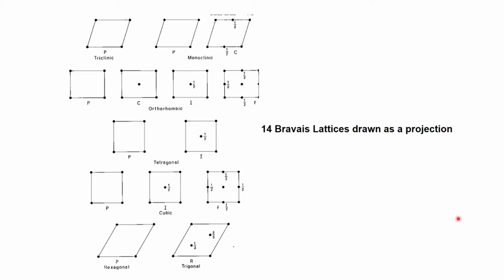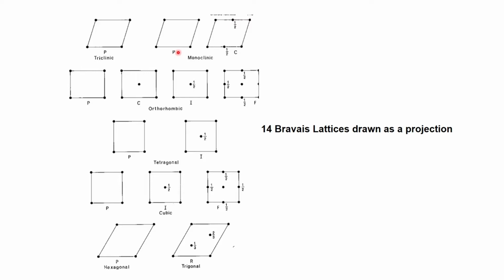I have got another illustration which is much more simple and straightforward, and this is drawn in projection. I have drawn the 14 Bravais lattices in projection, and this drawing will clearly tell us how we can arrive at the 14 Bravais lattices, as we always want 2-dimensional representations. So, here you see that in case of the triclinic system, we have only a primitive lattice. In case of the monoclinic system, we have the primitive lattice. Now, why did I show it like this? Because I am now showing the angle beta. This is a C diagram. In fact, this is to show that the C centering can be done in this particular projection.